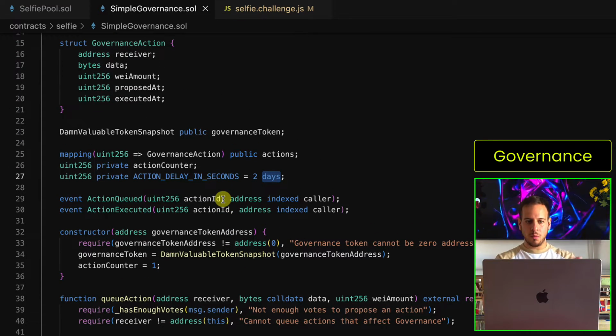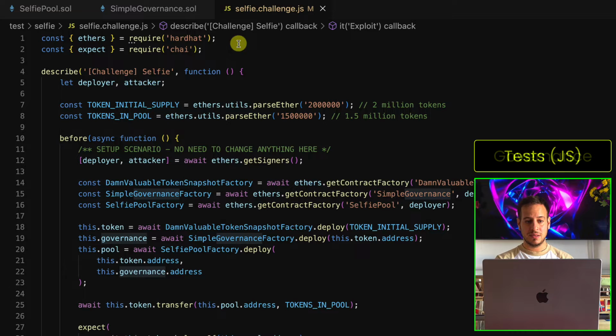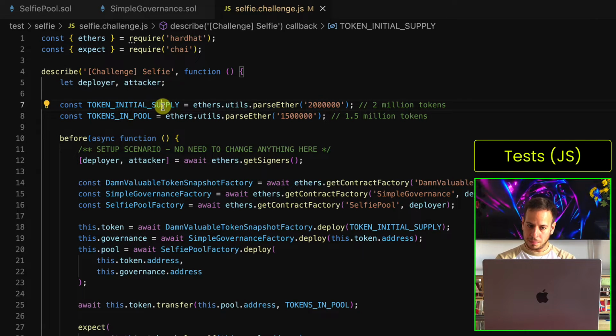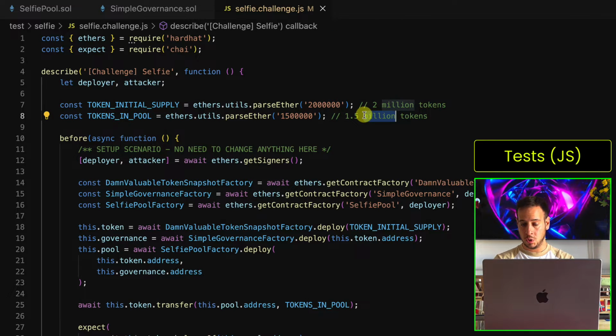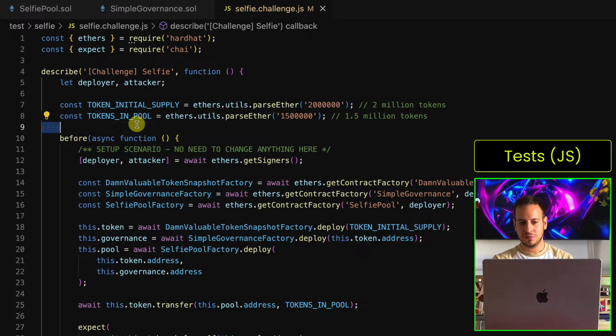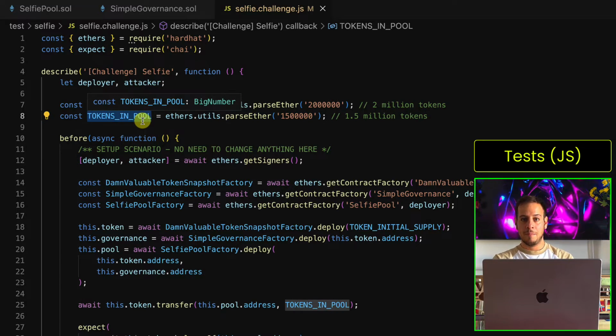So this is basically the walkthrough of the smart contracts, and this is the test file. All the setup is going through here. You can see that the total supply is 2 million tokens. In the pool there are 1.5 million tokens, which is great. It's more than half of the supply, right? We need more than half the supply. If somehow we're able to get access to these tokens, we can maybe pass a proposal